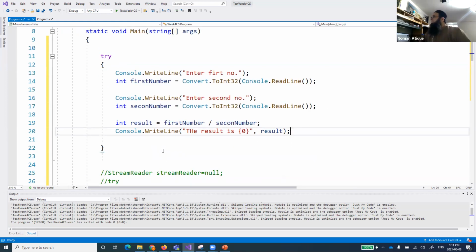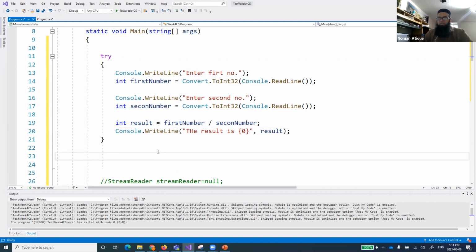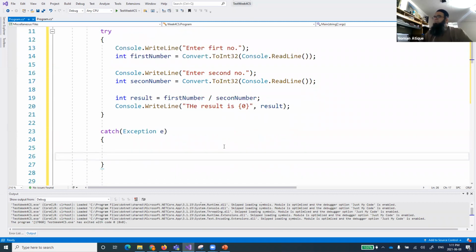Now you remember I've given you a program yesterday that how many types of error might occur, how many types of exceptions might occur over here. There are lots of types of exceptions that might occur over here. One of the exceptions can be, again, as I said, someone enters a wrong value, maybe a string or something. So now what we are doing is, here we are doing something interesting, and we are catching a normal exception because we know that there can be multiple types of exception that might occur. And again, that was the task that I've given you in a program that you have to check for everything.